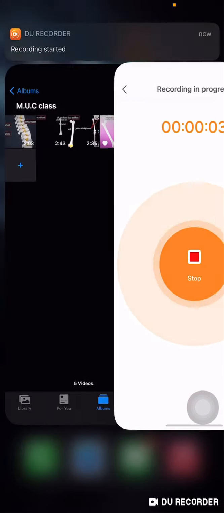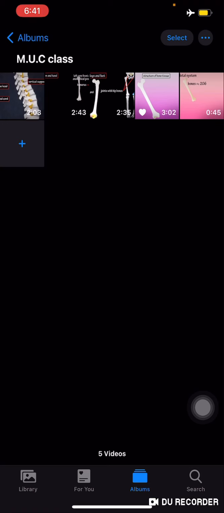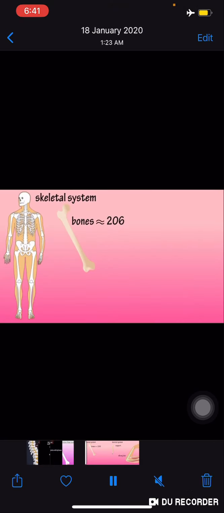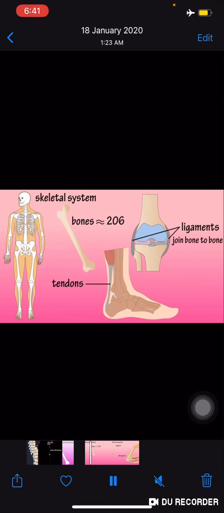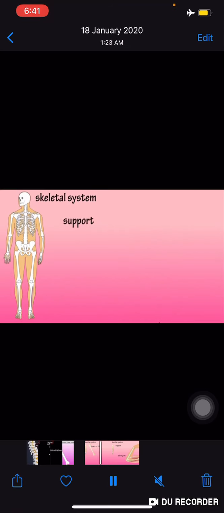Today we're going to illustrate the skeletal system and its main components. Let's start now. The skeletal system's main components include bones, of which there are 206 in total; ligaments, which join one bone to another; tendons, which connect muscle to bone; and cartilage, which is a form of connective tissue. The skeletal system's main functions include support, as the skeleton provides structure that allows the body